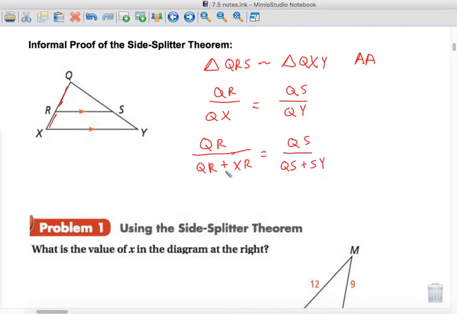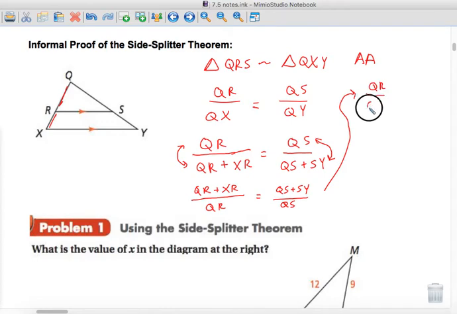Little thing in math, we can flip both of these. We can write the reciprocal of both fractions. It's basically like cross multiplying and then dividing both of them again. So we have QR plus XR over QR equals QS plus SY over QS. Another neat trick in math, when you have fractions where they're added on the top, you can split them up. And this becomes